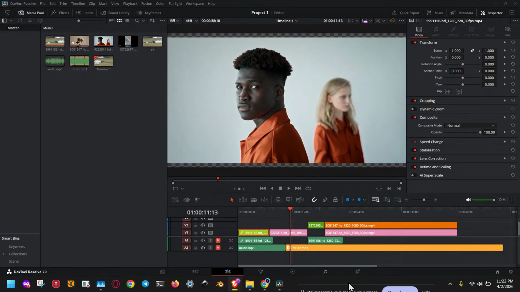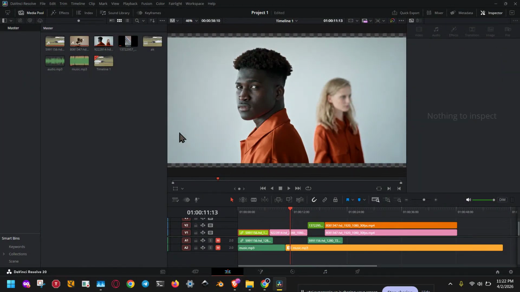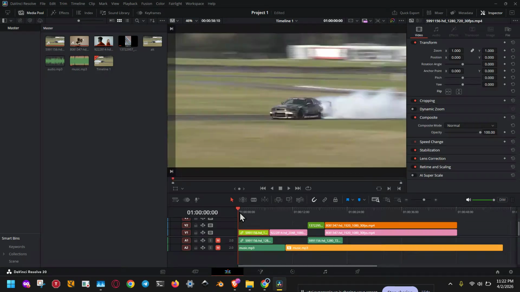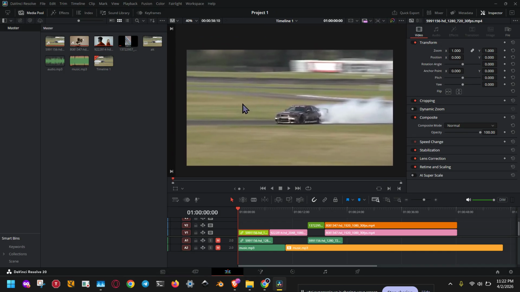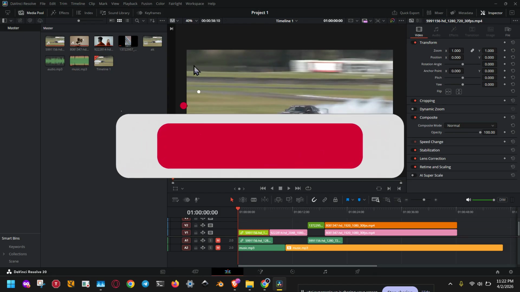If DaVinci Resolve is showing a GPU configuration warning, don't worry. In this video, I'll show you exactly how to fix it step by step. This is a common issue, and it usually happens because of an unsupported GPU mode, the wrong GPU being selected, or a conflict between your integrated graphics and dedicated graphics card. By the end of this tutorial, you'll know how to adjust the right settings in DaVinci Resolve and get back